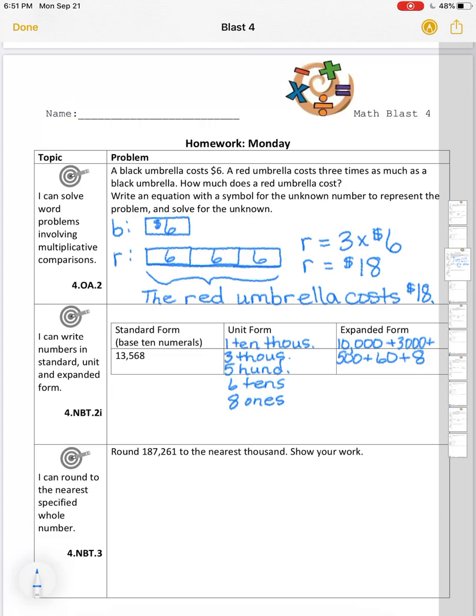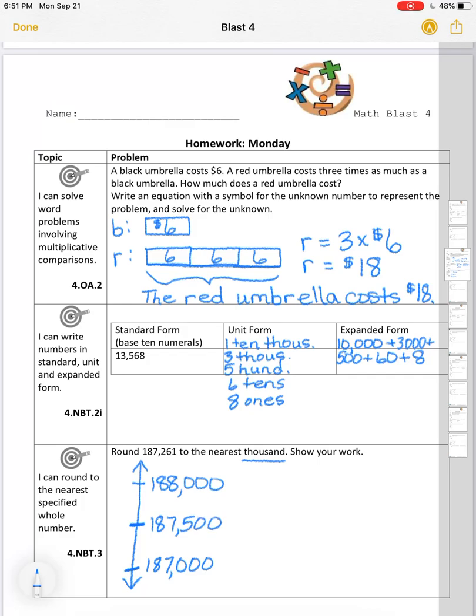I can round to the nearest specified whole number. Round 187,261 to the nearest 1,000. Show your work. I'm going to show my work with a vertical number line. Now, if I'm rounding to the nearest 1,000, I want to know how many thousands make up my number. So if the biggest unit that I have is thousands, I would need 187 thousands. One more thousand would be 188 thousands. And the midpoint, the number that falls right between these two numbers, is